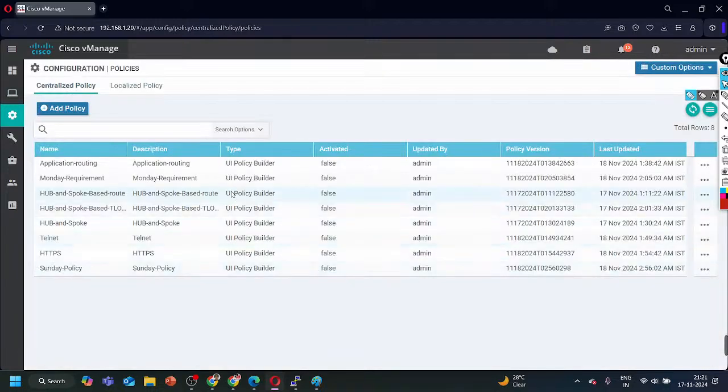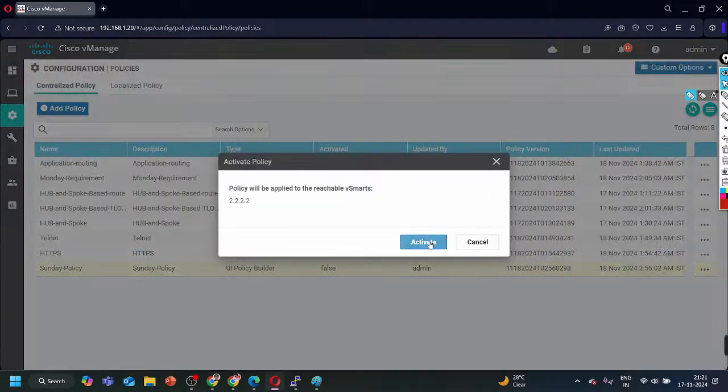According to our requirement, we need to create the group of interest, we need to create the lists, and then we need to create the policy, and after that we need to apply that. That's it. So here I have a policy with the name Sunday. For the Sunday, here it is, right? To activate it, simply I can click on activate,